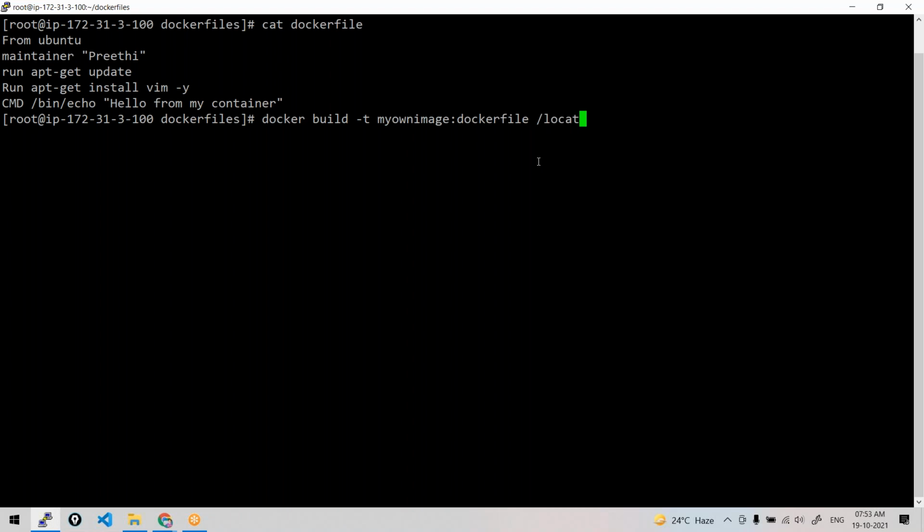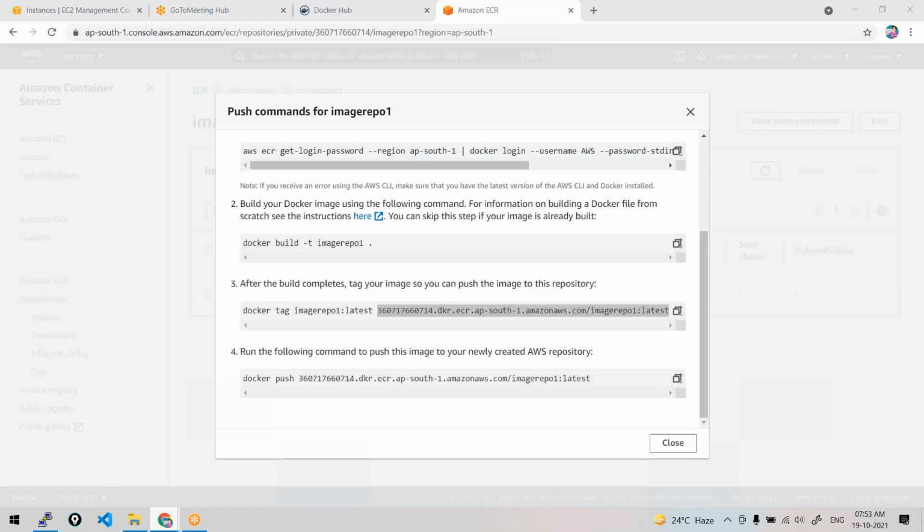Generally, we run this build command from the location of your Dockerfile. That's a best practice, or a general practice. So dot. Dot means present working directory, the current location you are running the command. See here also, docker build -t dot. Generally, we build this from the location of Dockerfile.